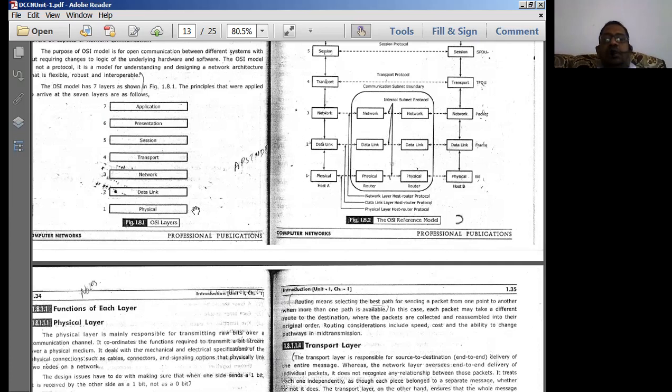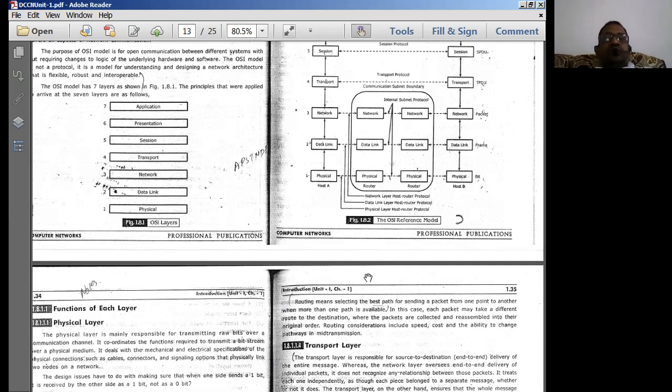That depends on the nomenclature, or the name that you use for the data. If data is spoken of in terms of packets, you are talking about the network layer. If data is spoken of in terms of frames, you are talking about the data link layer. If data is spoken of in terms of UDP and TCP, you are talking about the transport layer. So these are the various distinctions using which we figure out what is going to happen.